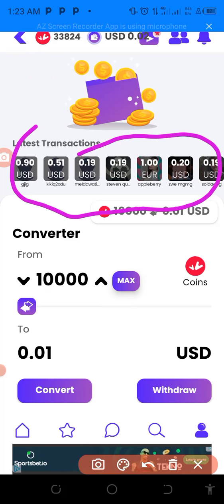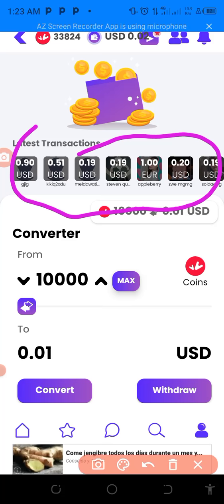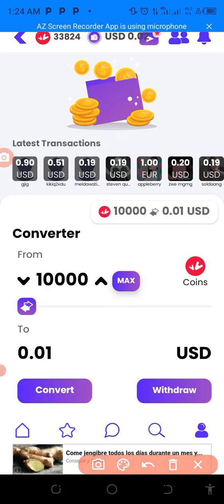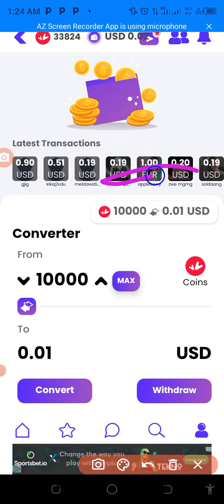All these are the amounts of money you can withdraw, as long as your coins have been converted to 0.90 cents, 0.51, 0.19, 0.91 euro, and everything here. So all of this is what you can convert. As long as you convert to these, you will withdraw the money.